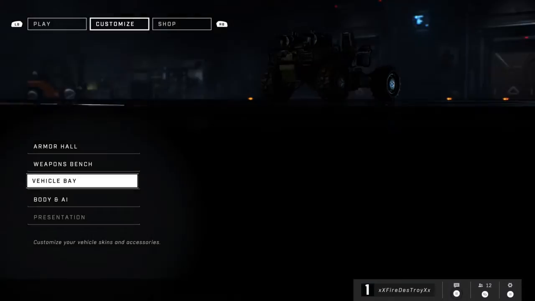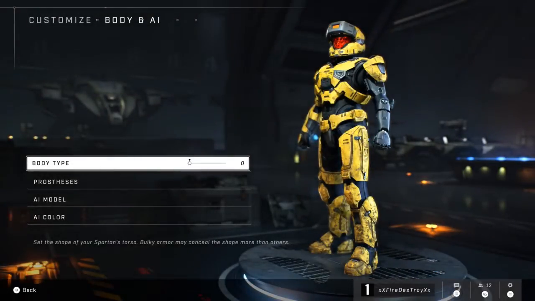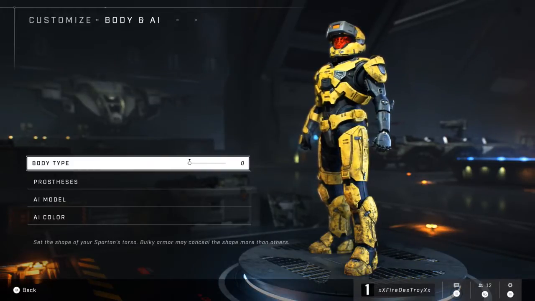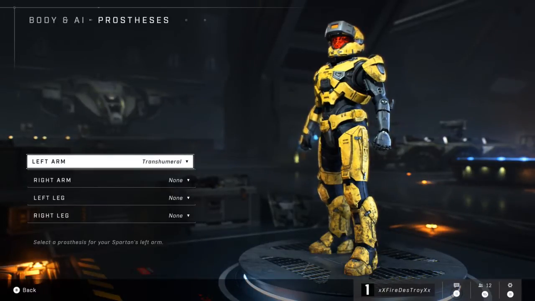The one that we all really wanted to look at, and were curious about when they announced it, is body and AR. So we can change our body type, pretty much just what it looks like. There are 3 options available, so you got 0, which is default. 1, you kind of slim out your gut a little bit, and then 2 in the middle. I've got it on 0, just a default. Prosthesis, it's pretty much self-explanatory,